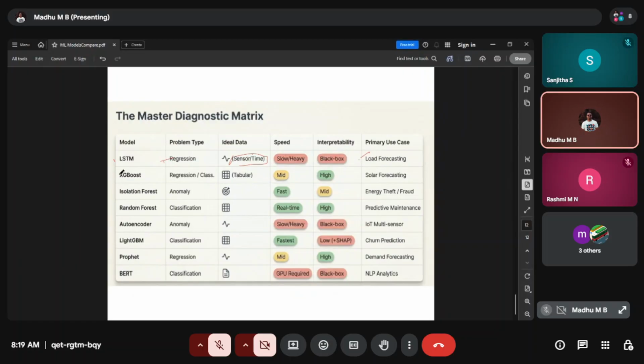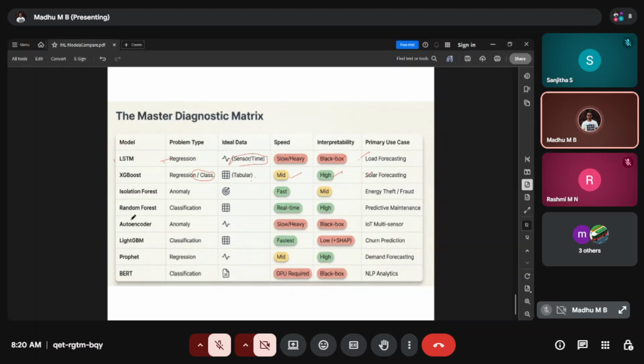The second one is XGBoost, for regression and classification, ideal for tabular format datasets. The speed is mid, not that good or that bad, it is fair enough. Interpretability is much higher, LSTM is lesser compared to XGBoost, and this model is well suited for solar forecasting.